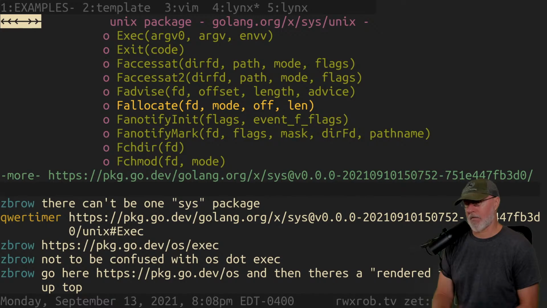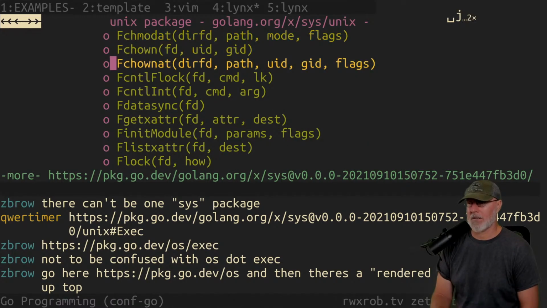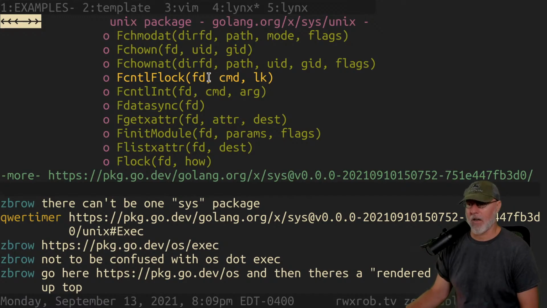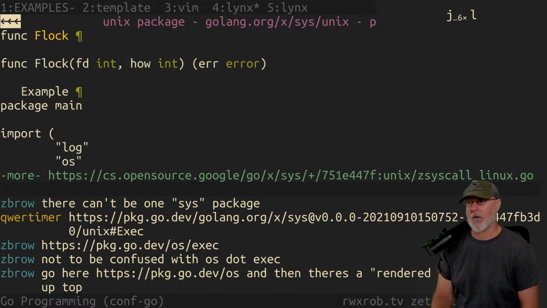Yeah. There's a render drop down up top. But see here, there's func Flock. See that? That's what I'm looking for. So this is file control flock. So this is how you lock a file descriptor. So you have to open a file, and it would be var run lock probably. And then you would open that file, and then you would get a lock on the file. And then you'd probably have to actually flock. Here we go. This is the one I was looking for. So you could call Flock.